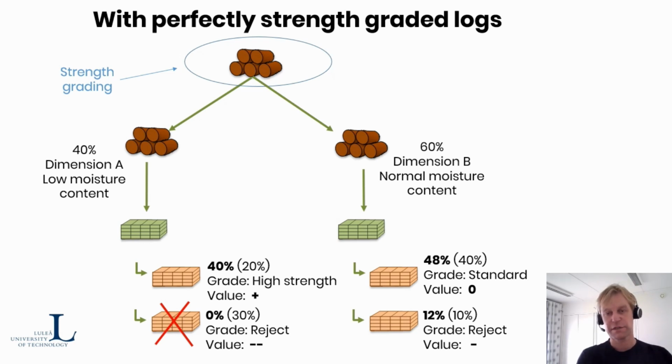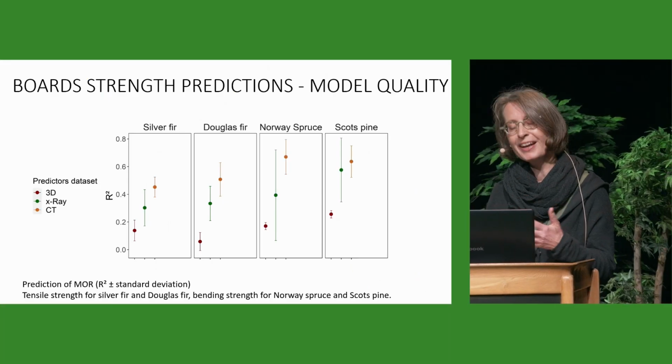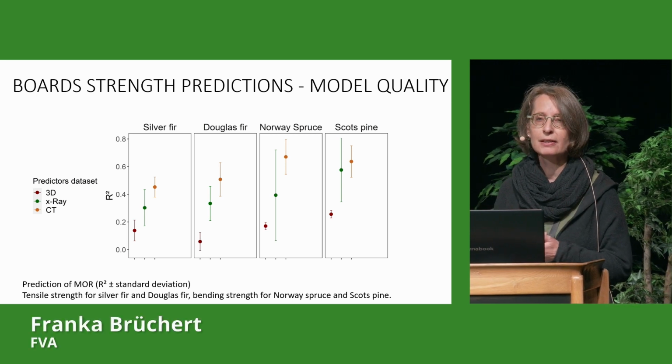And the rest of the material, 60%, is cut to dimension B, where we produce 48% of the total flow as standard instead of 40% as before, and 10% is the normal reject in dimension B. In total, this will give a much higher value, with none of the lowest value reject in dimension A, and a high amount of high strength lumber in dimension A, giving us a much better utilization of the logs. Just to let you know, have in mind that this is a pilot study,